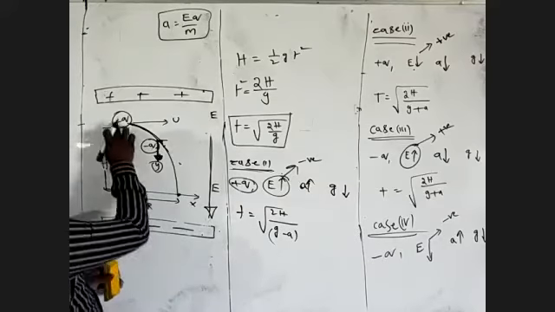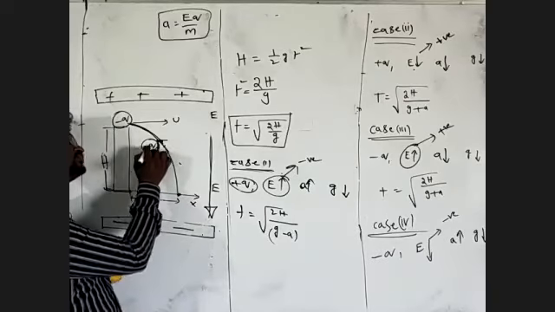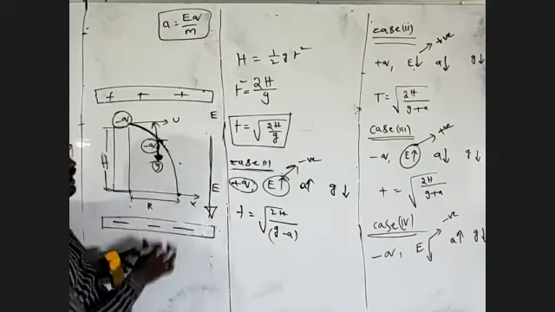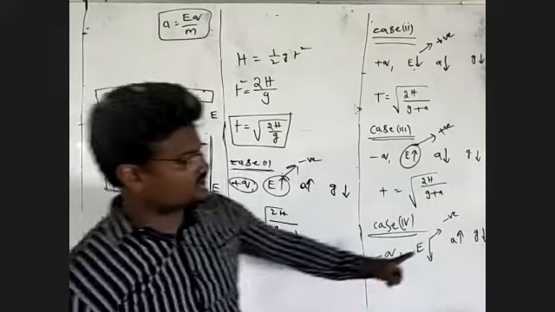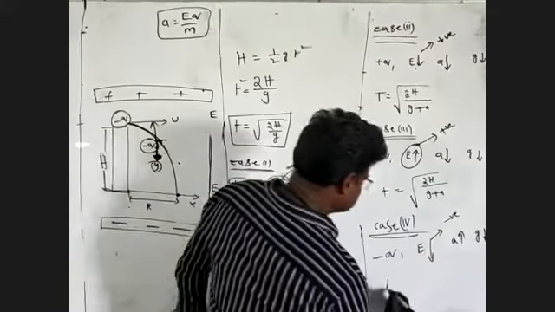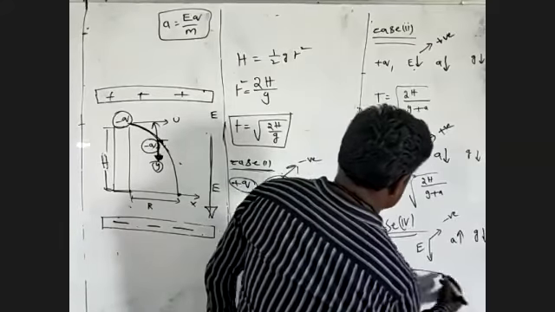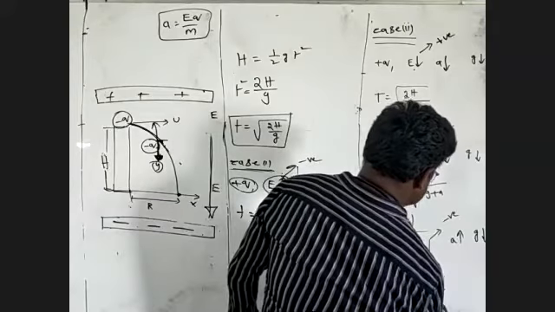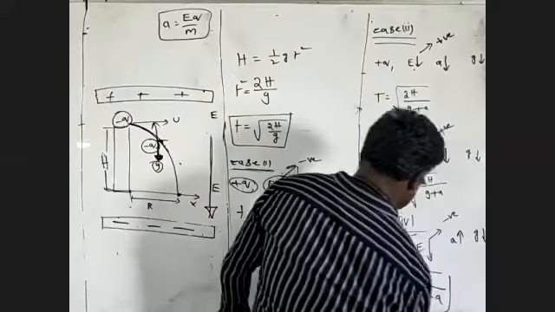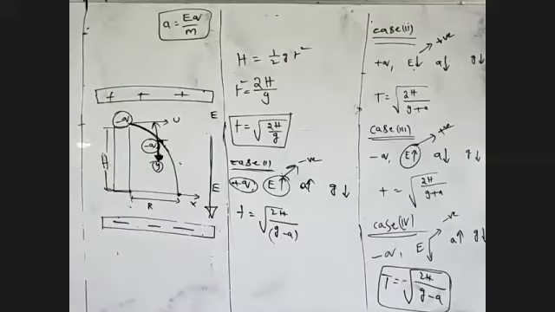Now you will see this is a negative charge. This negative plate will repel negative charges in an upward direction. Acceleration of the charged particle is in an upward direction. Now the time t is equal to root of 2h by g minus a. I'm going to write this. That is your equation.